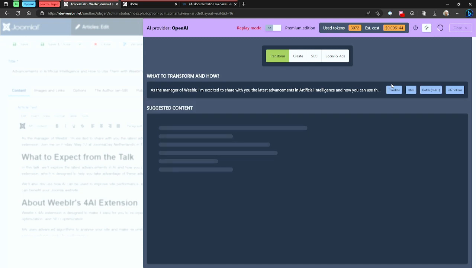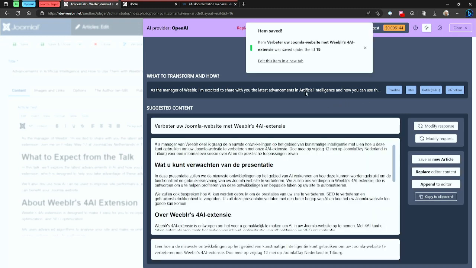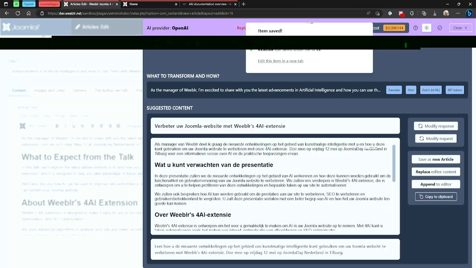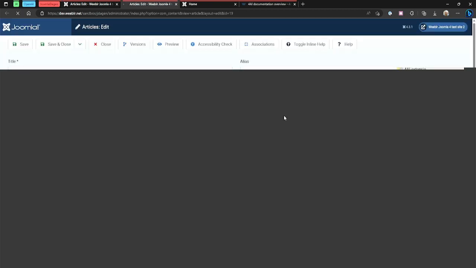Okay. Slow Joomla, slow me. It's been translated under an ID, and I can click here to edit the article if I want to. It's unpublished at the start, so you can just go there and publish it. So that's a pretty neat workflow for translating and having high quality translation. So if I go back to this now,